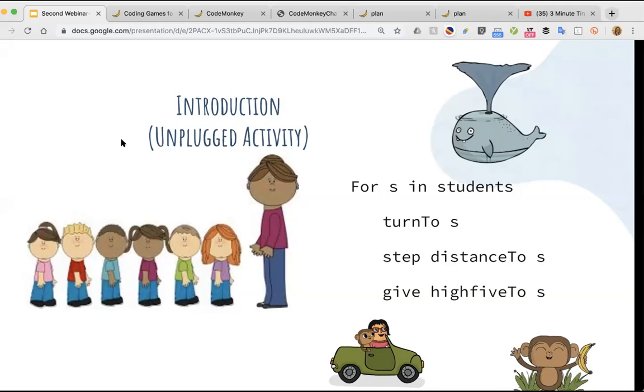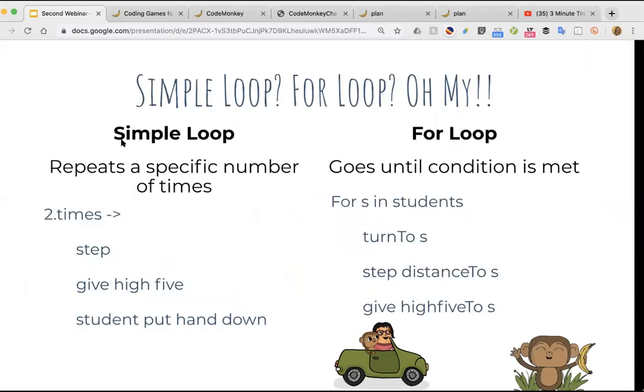I'm going to turn specifically to the student, then step the distance to the student and give a high five to the student. And so I'm just going to do this, and what you'll see is that Louise can give a high five to every single student, and they'll put their hand down. Now, in the specific example before that,